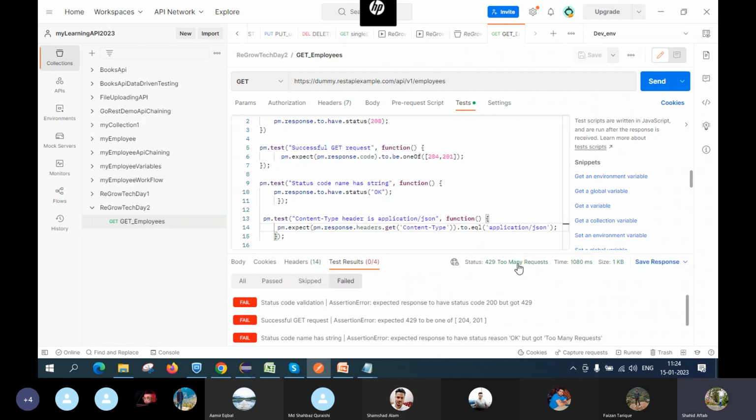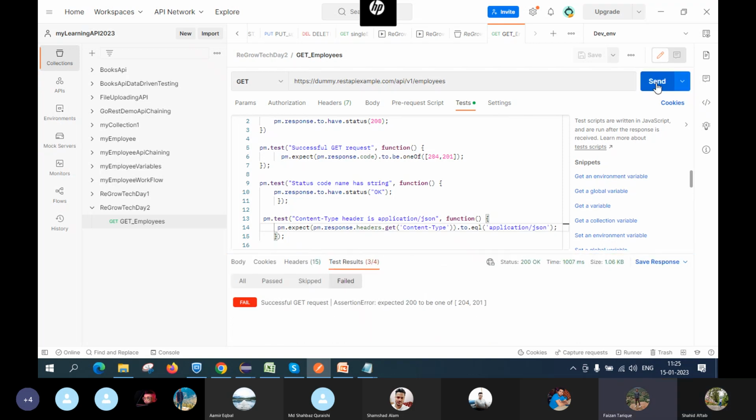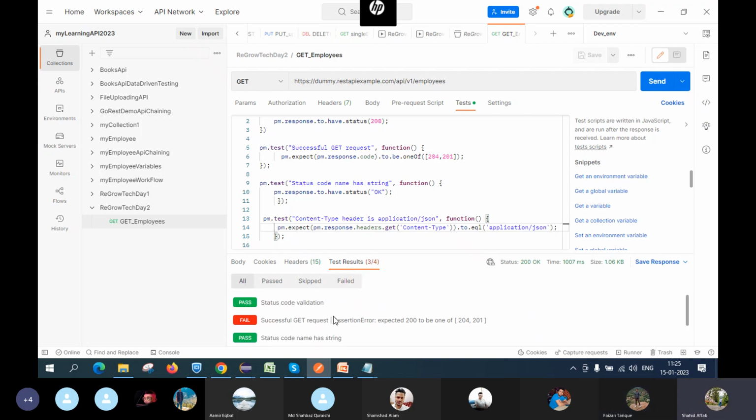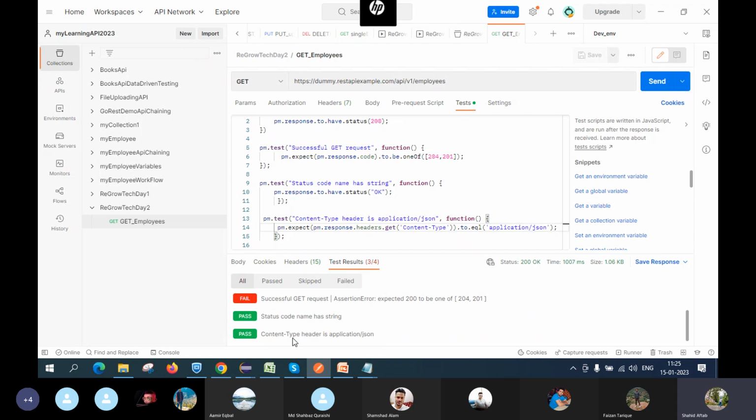चारों का चारों फेल हो गया क्योंकि टू मेनी रिक्वेस्ट, क्योंकि ये तो फेक एपीआई है, ठीक है। तो फेक एपीआई में एक लिमिटेशन होता है 1D का। तो मेरा शायद क्रॉस हो गया है, हिट मैंने बहुत कर लिया है। कभी कभी 2-3 बार ट्राई करो, हो जाएगा। अब आ गया। चलो अब तुम देखो यहाँ पे कंटेंट टाइप हेडर ये हो गया, ठीक है।